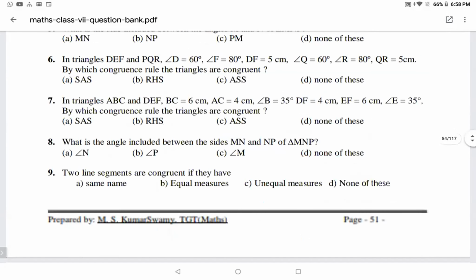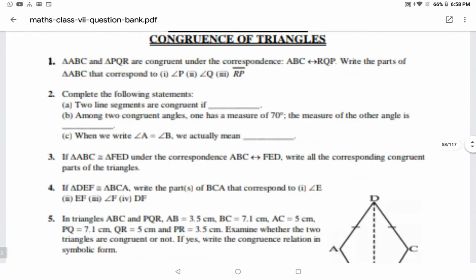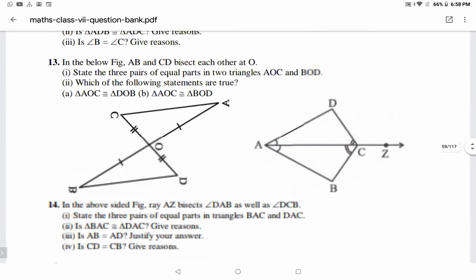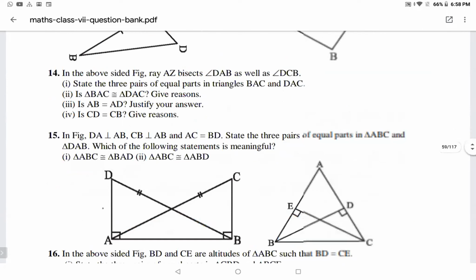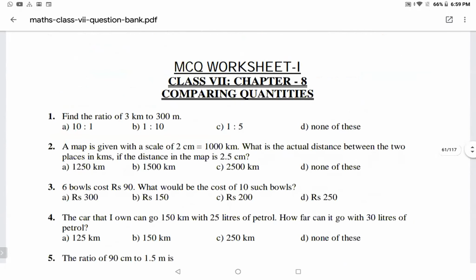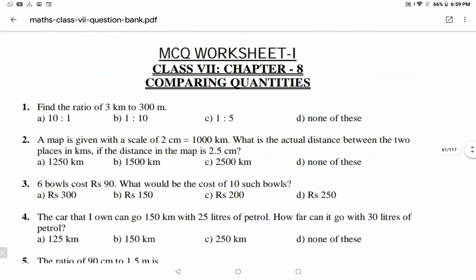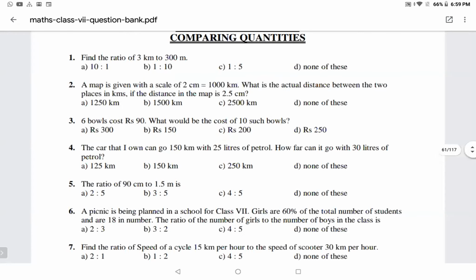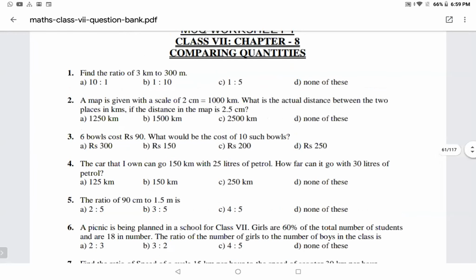Please do write at least a few parts. It's a really good thing if you follow. Yeah, I think this is children. Please go with this part. Question: comparing quantities, ma'am. Question number 1 to 5 is your homework today, children. Question number 1 to 5. This is your homework. Okay, ma'am.